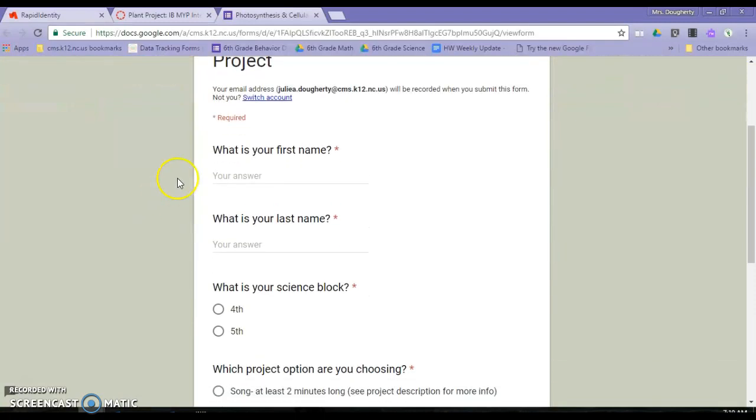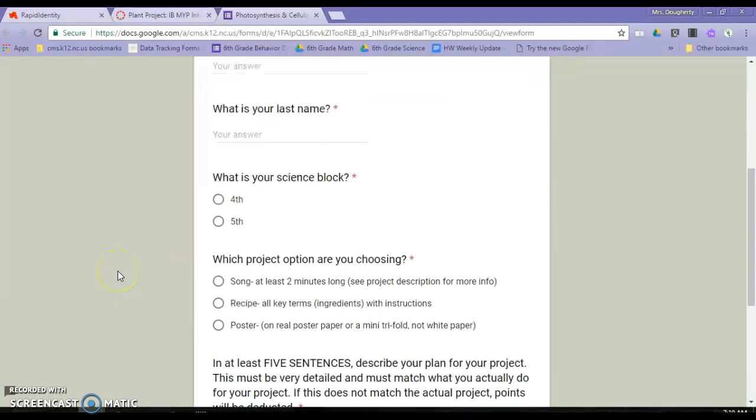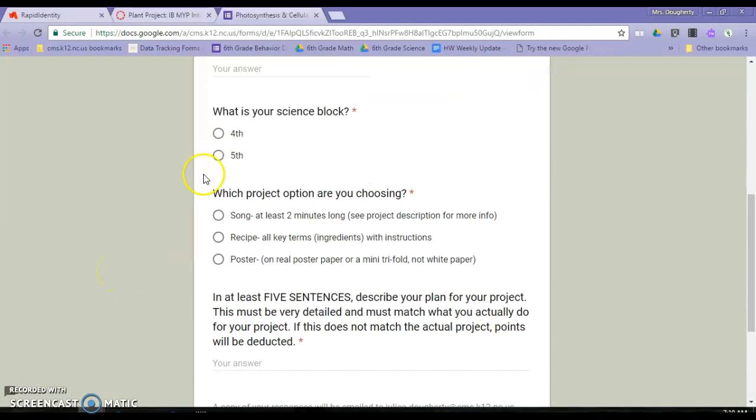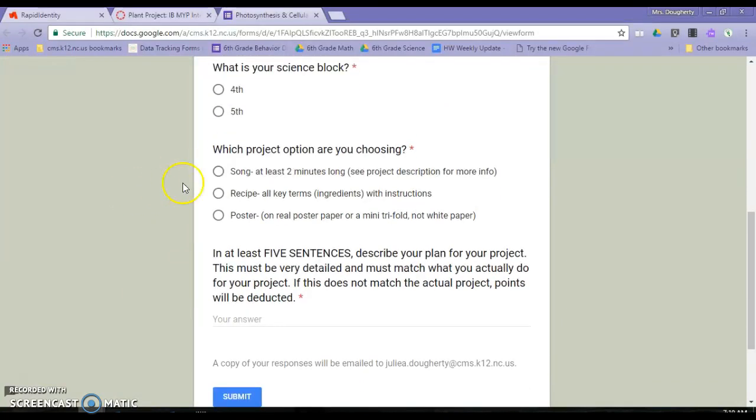This is where you're going to tell me your name, what science class you're in, either 4th or 5th, and then you're going to tell me which option you're choosing. You can only submit this form one time, so please choose carefully. And then after you choose